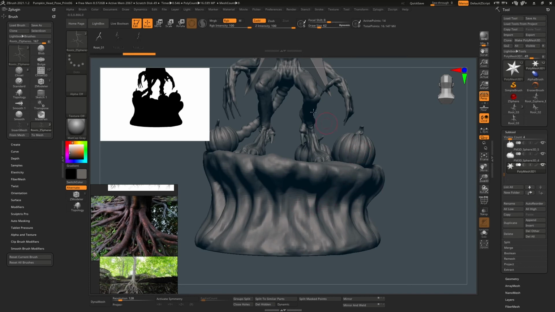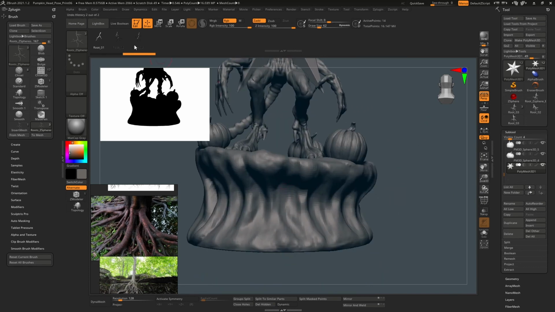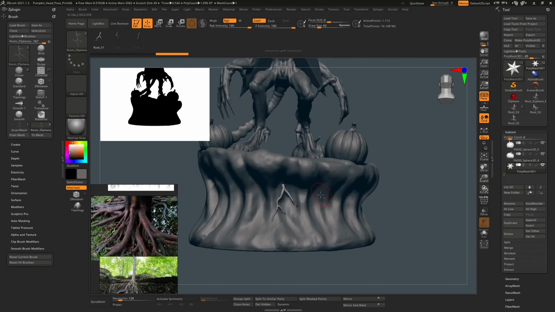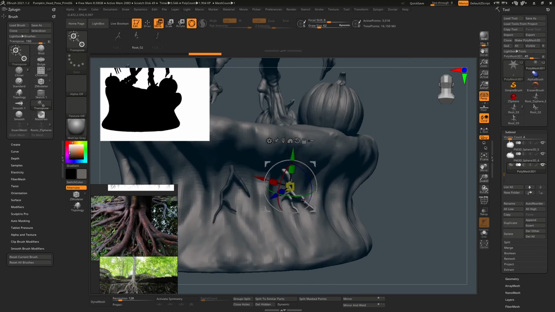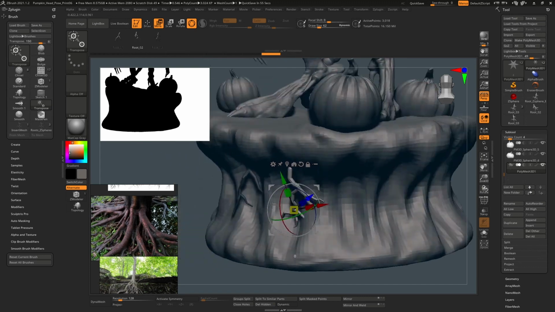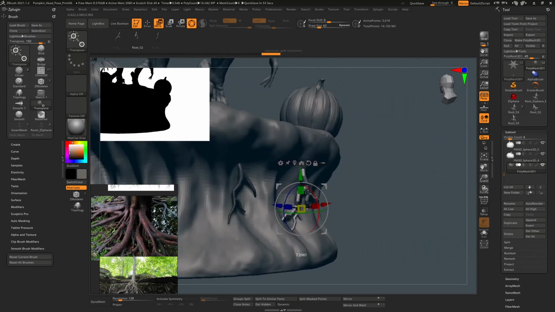So what I'm going to use is that star to create my insert mesh brushes. And this is what I wanted to do. You have your variations that you can use, however big you want to use them. And this helps because you can now drag them around and place them in the scene how you need them. That one probably could have been a little bit the other way. But what I wanted it to be